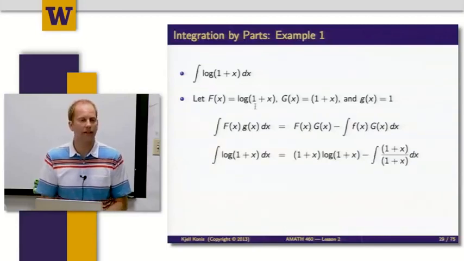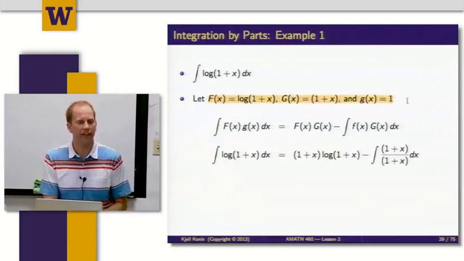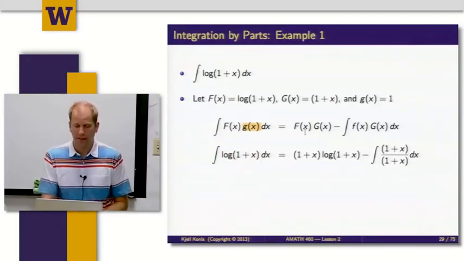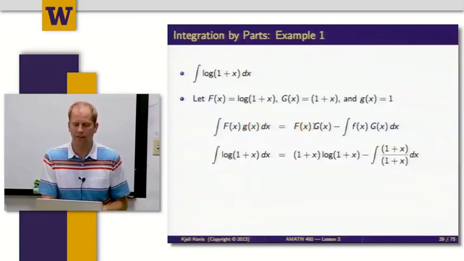And then I just go ahead and plug these functions that I've worked out here into the integration by parts formula. So capital F of x is just log of 1 plus x. G of x is equal to 1, so I didn't bother to write that down. The antiderivative of that is going to be capital F of x times capital G of x. So that's just 1 plus x times log of 1 plus x,